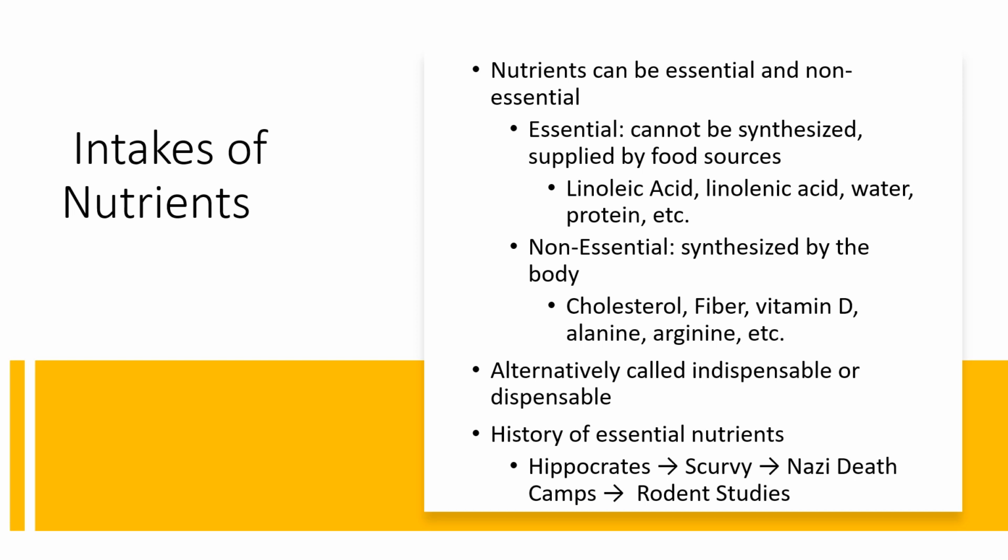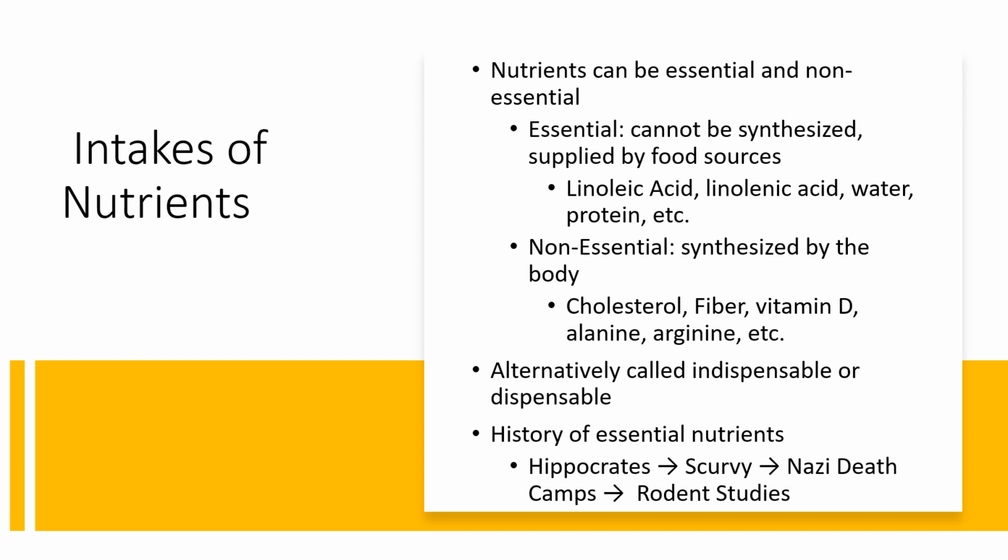Moving on from there, individuals start to gain a little bit more interest in the scientific practice of discovering what these essential nutrients are. And unfortunately, quite a bit of work was done in Nazi death camps where they withheld different dietary foods from different prisoners. They watched what happened. They recorded the adverse events. They then replenished the diet with certain foods to determine what nutrients were in fact increasing longevity